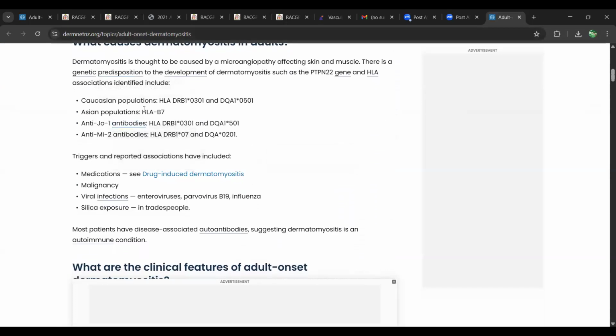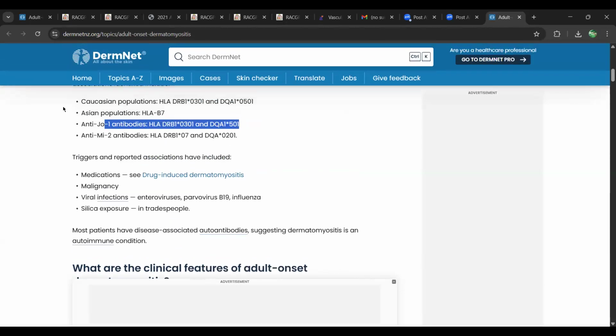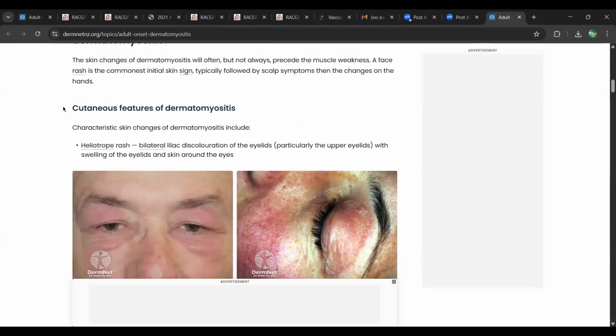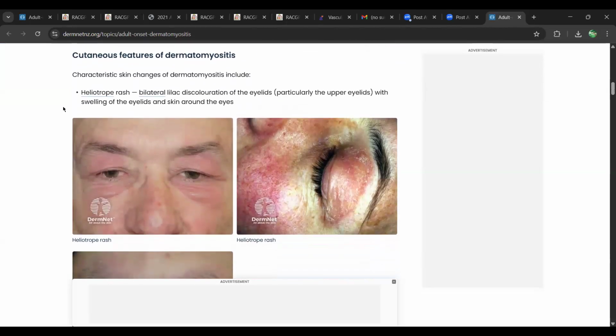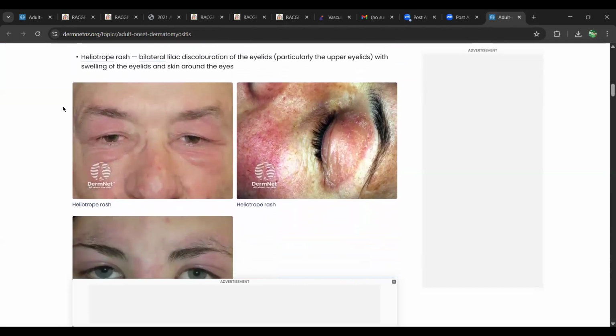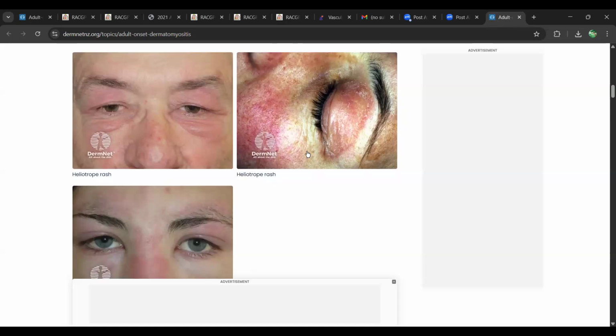So anti-Jo antibodies and HLA-B27, right? Remember that HLA-B27 and anti-Jo antibodies can be associated with dermatomyositis. The cutaneous features, they can just give you a picture and ask you to diagnose as well, saying a person with bilateral shoulder or hip joint weakness, which is progressively worsening, difficulty in combing the hair, comes with a rash like this, right? Then what you have here is dermatomyositis, right?